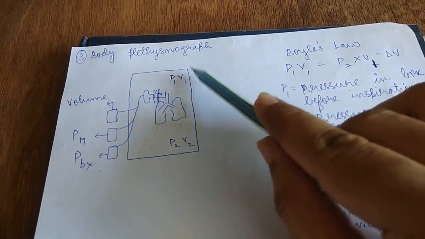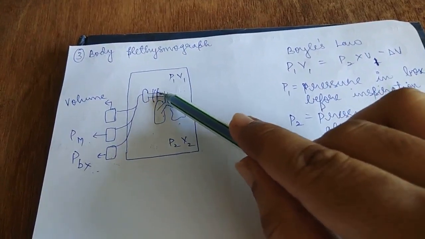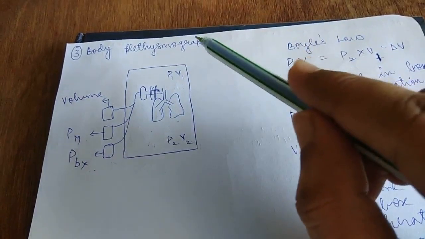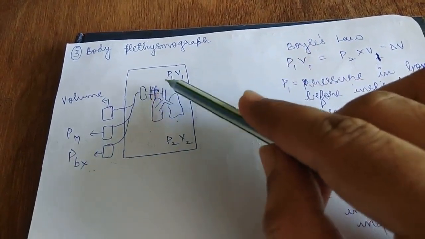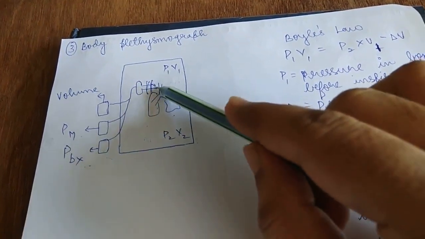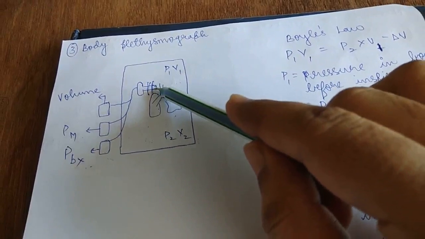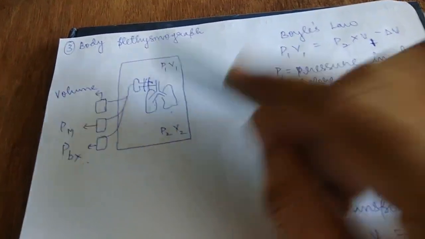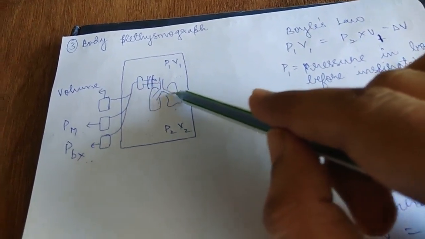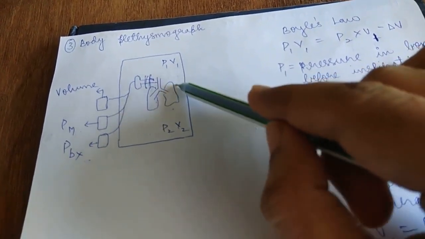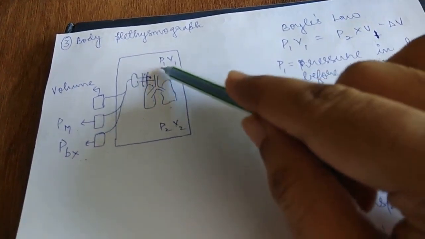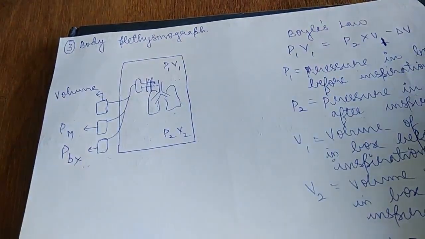unlike the helium dilution method where the shutter is initially closed. The shutter is open and the person is asked to make a few tidal breaths through this mouthpiece, and at the end expiration the shutter closes and the person is asked to make voluntary inspiratory efforts against this closed shutter. During inspiration the lungs expand, so the pressure in this box increases, but the volume decreases because during inspiration the volume in the box enters the lungs.